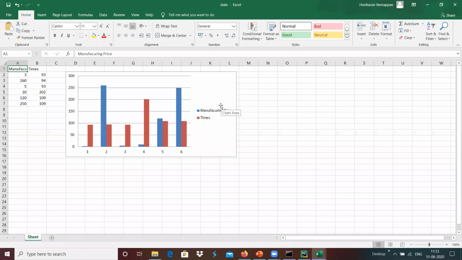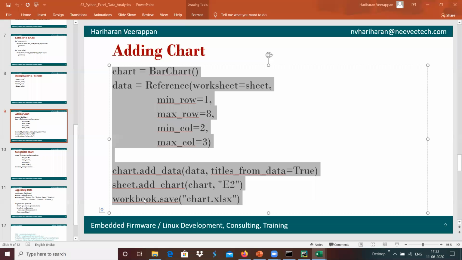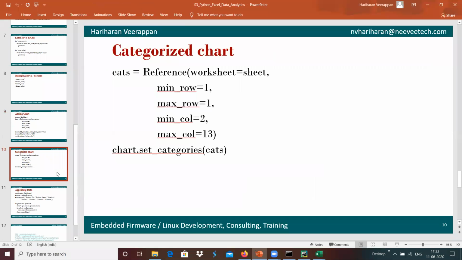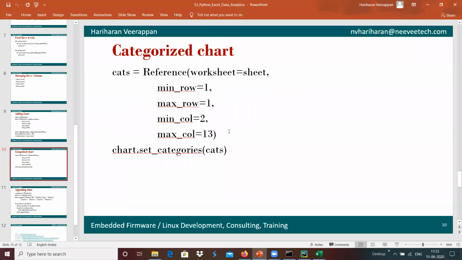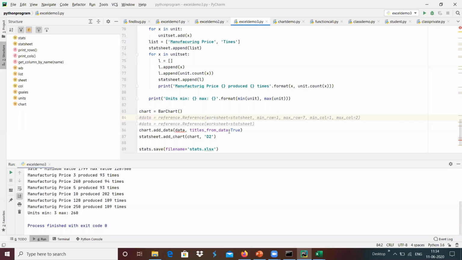It can be used for analyzing the data using the Excel sheet over here. The similar way we can do graphical data, characterized data, that we will see over here. Instead of this data, I'm going to comment it out and use this data.